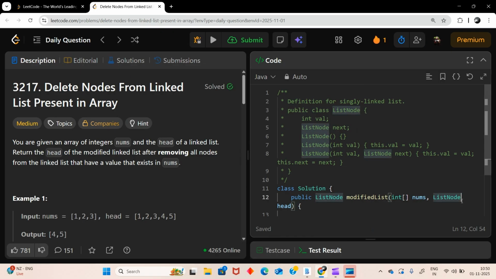Hello everyone. In this video, we are going to solve today's LeetCode daily challenge question. The question is: delete nodes from linked list present in array. You are given an array of integers nums and the head of a linked list. Return the head of the modified linked list after removing all nodes from the linked list that have a value that